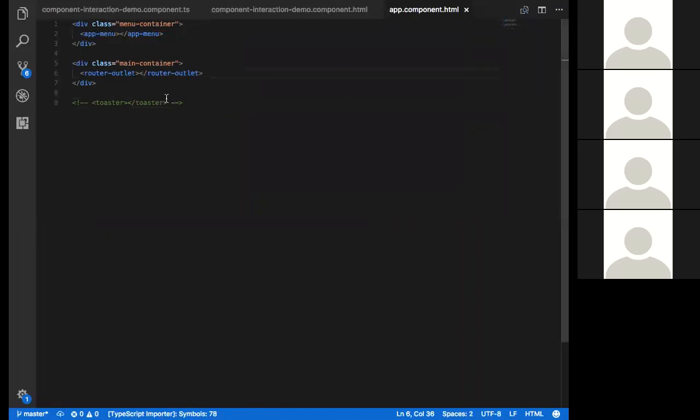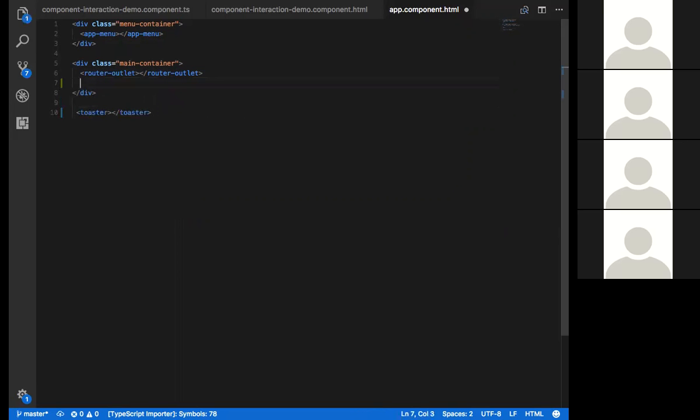That part is this one, the router outlet. Okay. Now I have this toaster here. So there's no relation between the components that are hosted under this one and this one, because